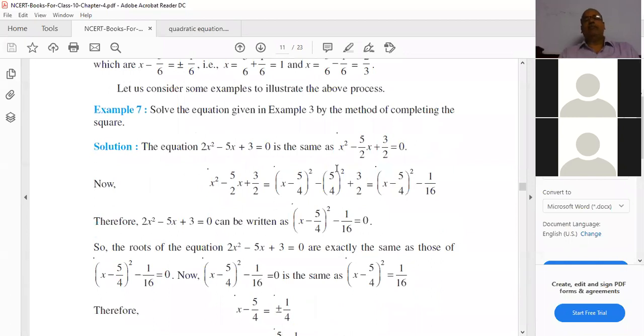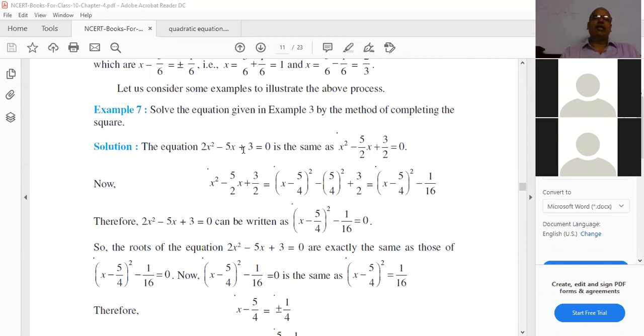Now see here, compulsory, here he did it by the fraction method. We can do it by multiplying by 2, you can do it, but he did it by the fraction method, he divided by 2. Both ways you can do, but multiplying is easy. Instead of dividing, first you are getting a fraction, that's why multiplying by 2 is better here.